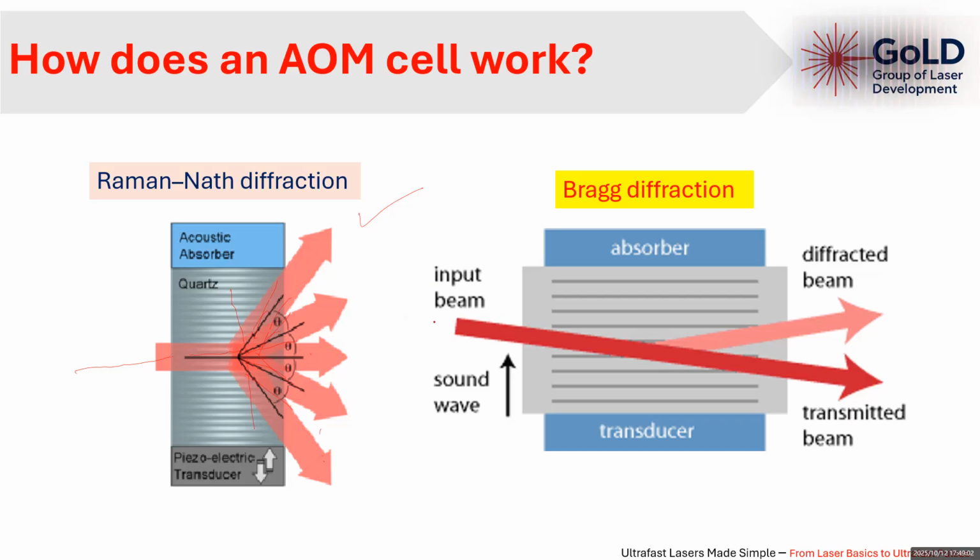If the incident light is at a certain angle to the quartz crystal, then it will follow the Bragg diffraction. It means this is the straightaway beam which passed through here, and this is the refracted beam here. In both cases, none of the beam will pass through straight. So it depends on the orientation of the quartz crystal and the laser beam whether diffraction will happen Bragg type or Ramannath. Okay. Now, if you move further,